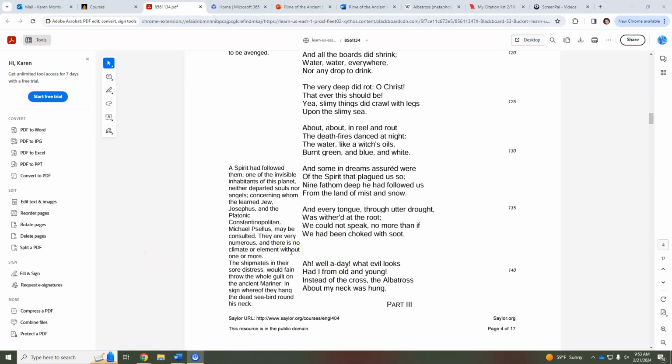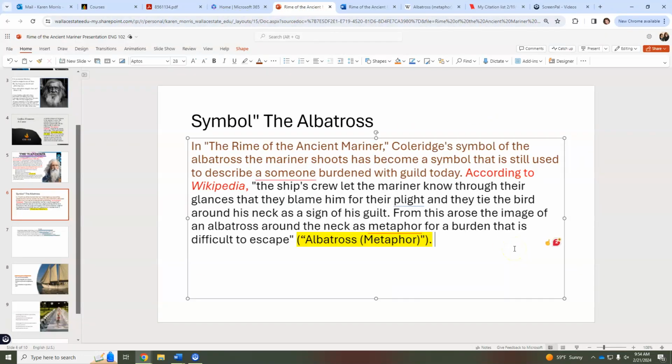Remember, you're only looking at things that are in your assigned part, so don't go find quotations from another part, and look for literary devices, whether it's a symbol or not, in your part. So I did find the place at the end of part 2 where the albatross is hung around the mariner's neck. I want to use these 2 lines for sure. I'm going to just copy those and go back to my presentation and think about how these 2 things connect. So I'm going to go ahead and put that in there